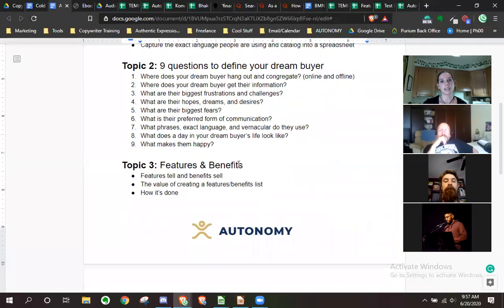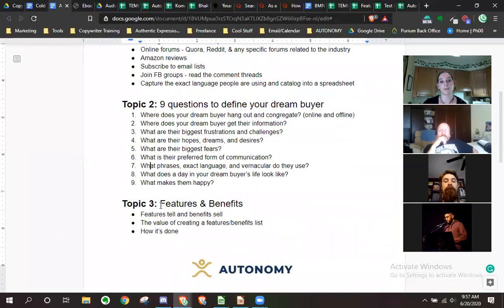The last piece I want to talk about today is features and benefits. This is a phase I'd like to say comes after the Halo research, though it could be done anytime. There's that saying: features tell and benefits sell. When we're writing copy and speaking to people, especially when we want them to take some kind of action, we need to get them invested in what it's going to do for them.